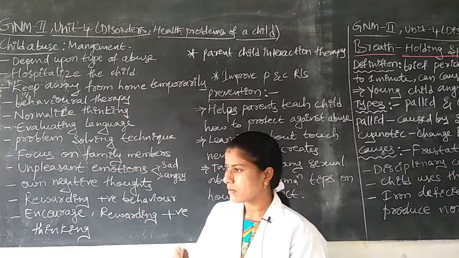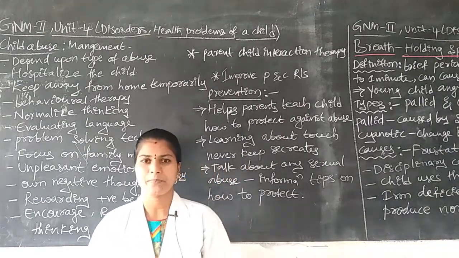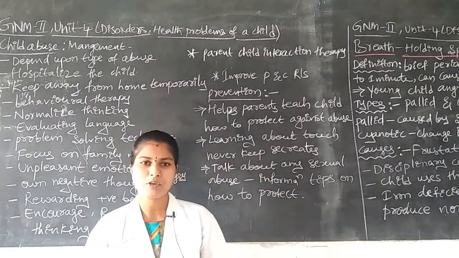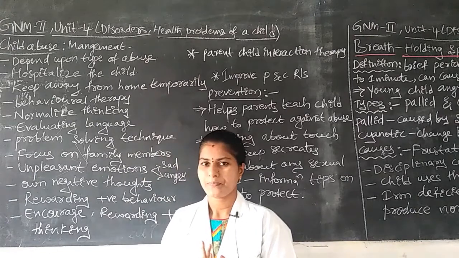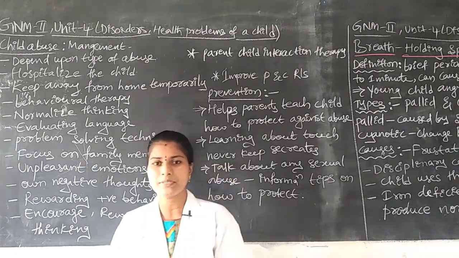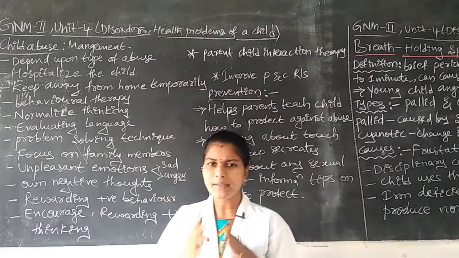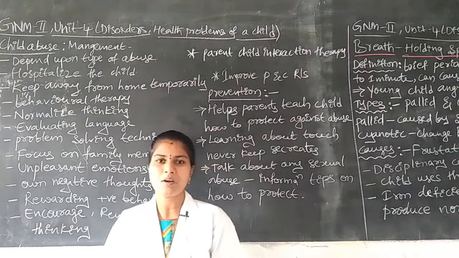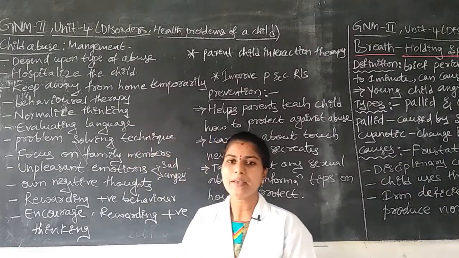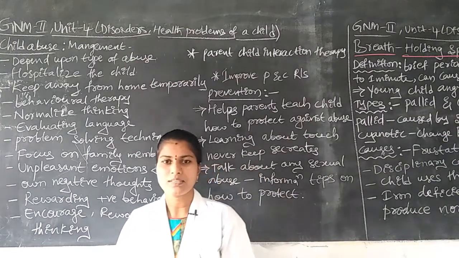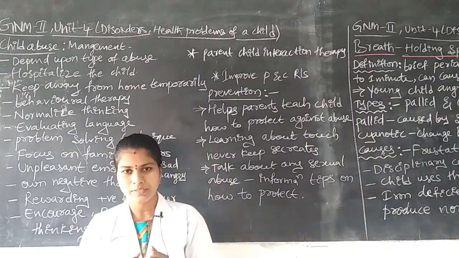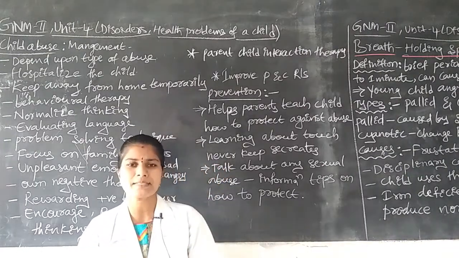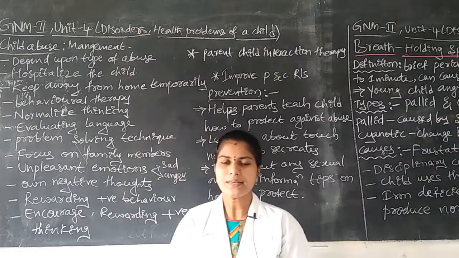In child abuse, so many types are there. What are they? Physical abuse, sexual abuse, emotional abuse, and sometimes neglect. These are the types of child abuse. In physical abuse, the child undergoes some type of harassment, like burning or shaking, or the child is kept in a dark room, or the child is tied up by the hands to a chair. Like that, some type of harassment is there in children. That is physical abuse.